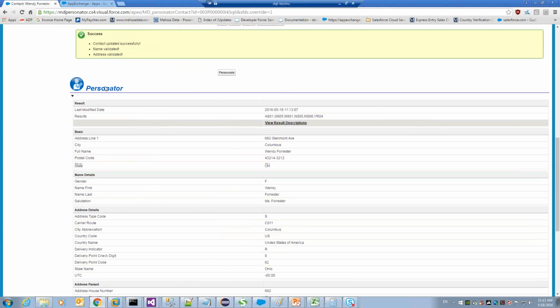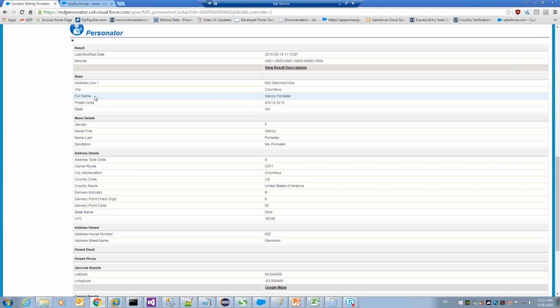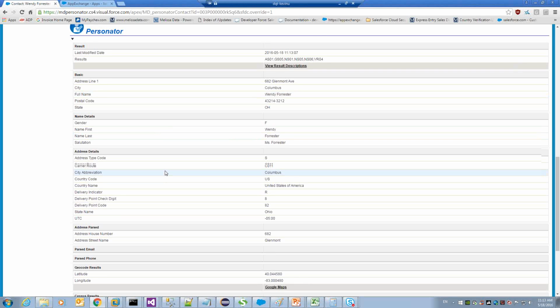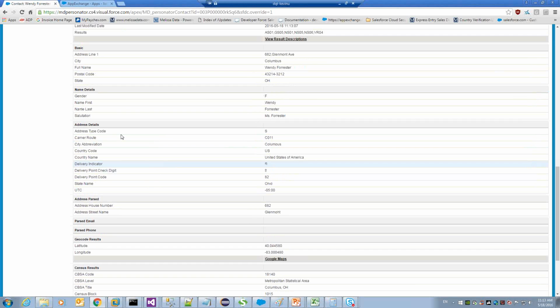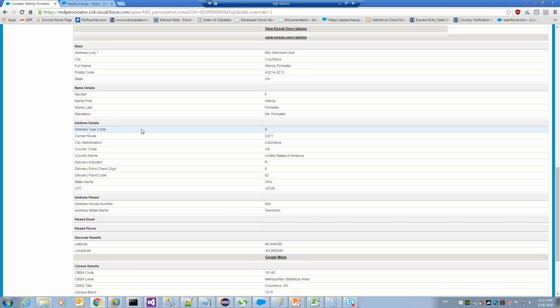And then all these sections correspond to the output, that list of checkboxes we were looking at in the administration tab. So those checkboxes, if you want to see the results of the name parsing, or get more attributes about the address, phone, name, and email, that's what those checkboxes will turn on in what you see here. But if you scroll down,